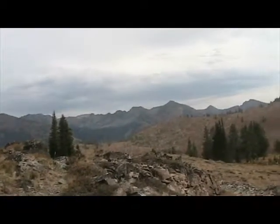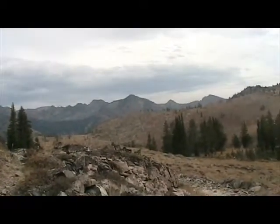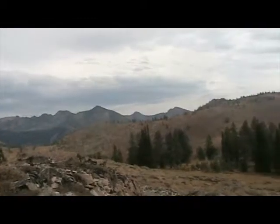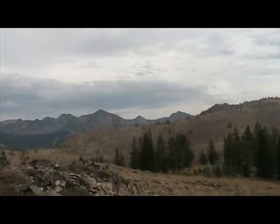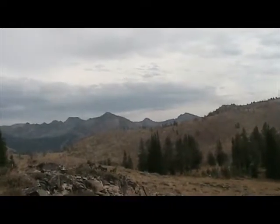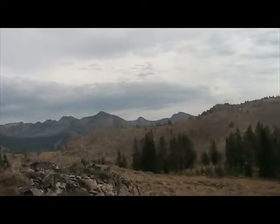You can see the smoke from the fires. The fire is right over on the other side of those real high peaks that you can see off in the distance, down the other side and burning up this way. That's why they're closed off. And there's a little raghorn bull we saw over there, just kind of hanging out. Maybe he's a little bigger than a raghorn, but not by much. Still haven't seen any goats, but